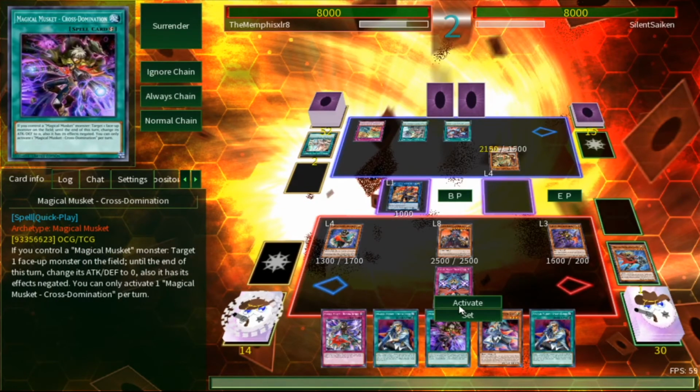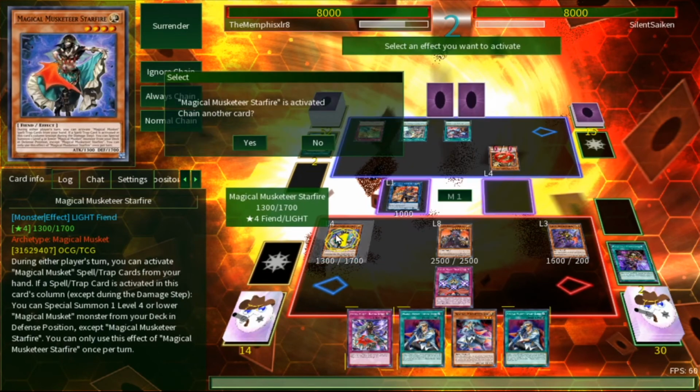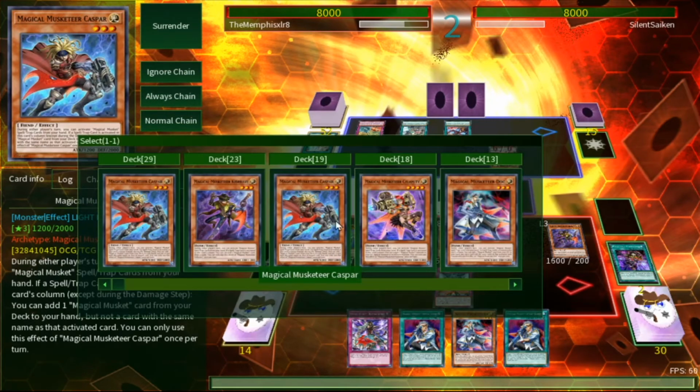And now let's go ahead. Hit him up with Cross Domination. We'll hit up the Asa. Be like, hello, you're negated and you have no attack points. Let's go ahead and summon out...